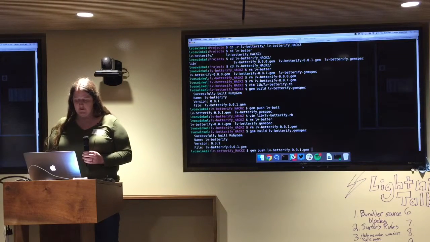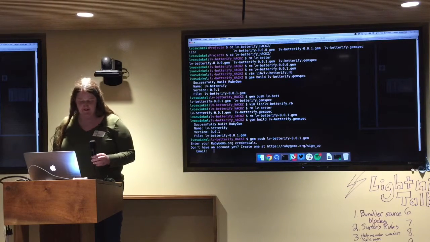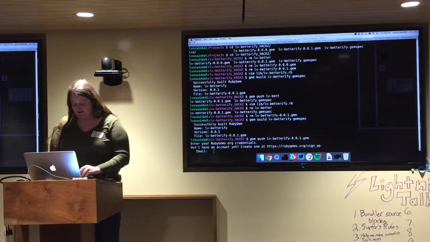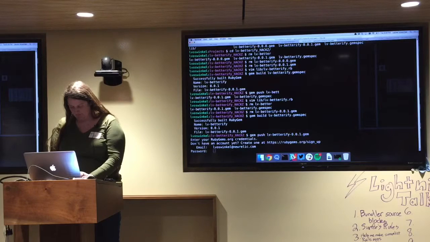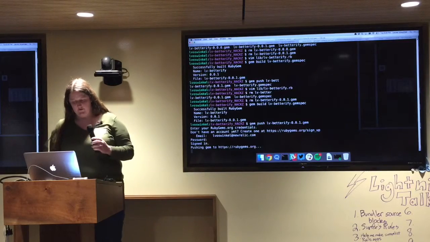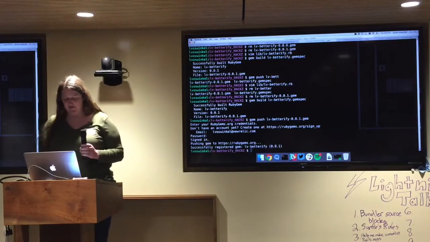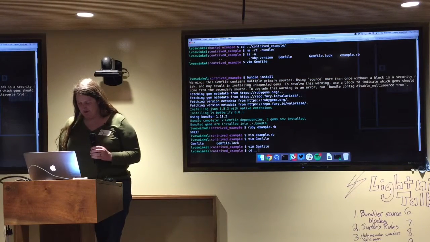But now I'm going to push a thing, except probably not. Hold on one second while I figure this out. It's nice reverb on that. Okay. So we are now pushing this hacked Betterify to RubyGems, and